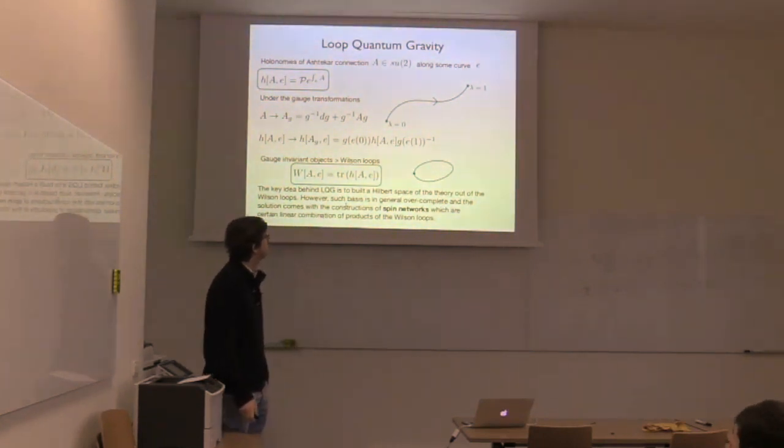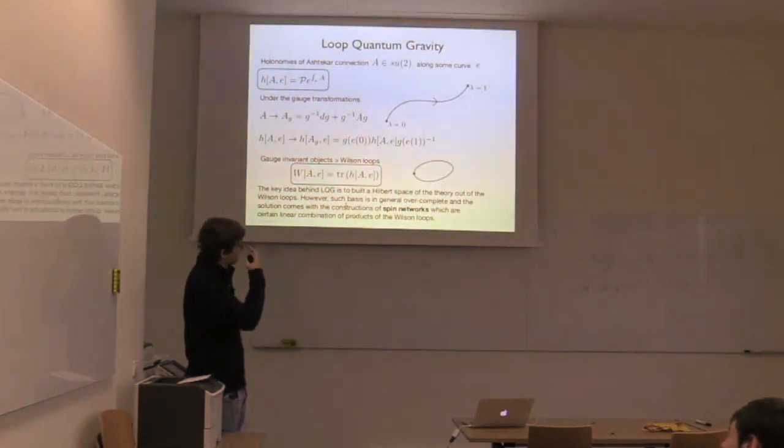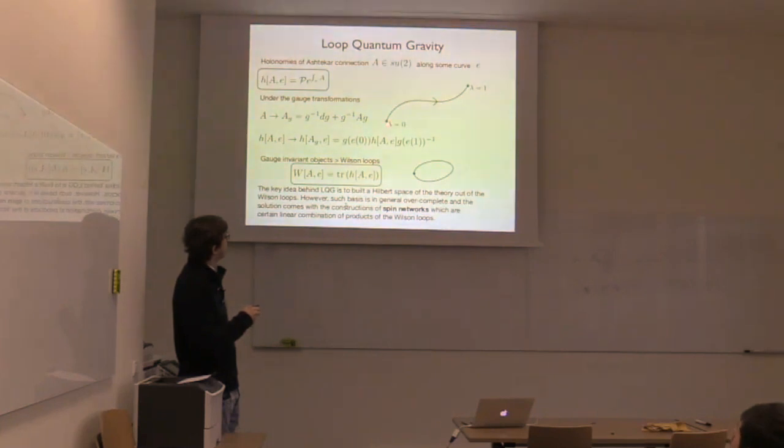And this makes things much more complicated. But the basic ingredients are holonomies, the parallel transport. And then, the first thing is to satisfy the gauge invariance with respect to the SU(2) group. We know that under the gauge transformation, the holonomy transforms at the ends of the path. Therefore, the way to construct gauge invariant objects is to close the holonomy and trace it out, such that